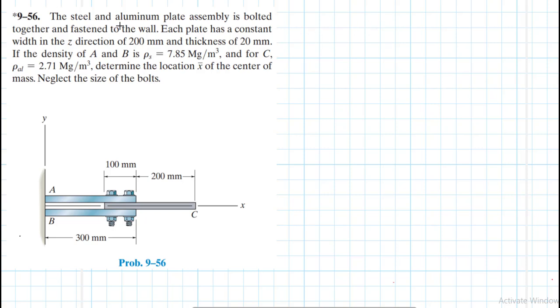The problem reads that the steel and aluminium plate assembly is bolted together and fastened to the wall. Each plate has a constant width in the Z direction of 200 millimeters and a thickness of 20 millimeters. If the density of A and B is raw steel, equal to 7.85 megagrams per cubic meter, and for C it is raw aluminium, equal to 2.71 megagrams per cubic meter,